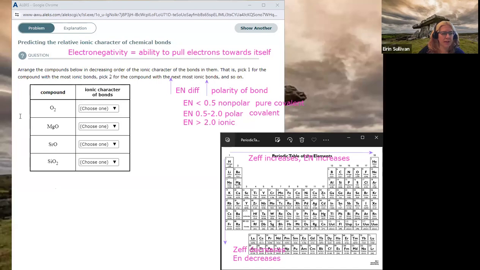So to predict the relative ionic character of chemical bonds, we're going to classify whether something is pure covalent, polar covalent, or ionic. And actually, in Gen Chem, there is another part of the spectrum that we haven't really discussed. I'll allude to it a little bit because for some of these questions, you kind of need to talk about it. So on the scale between pure covalent and polar covalent, where we have uneven sharing of